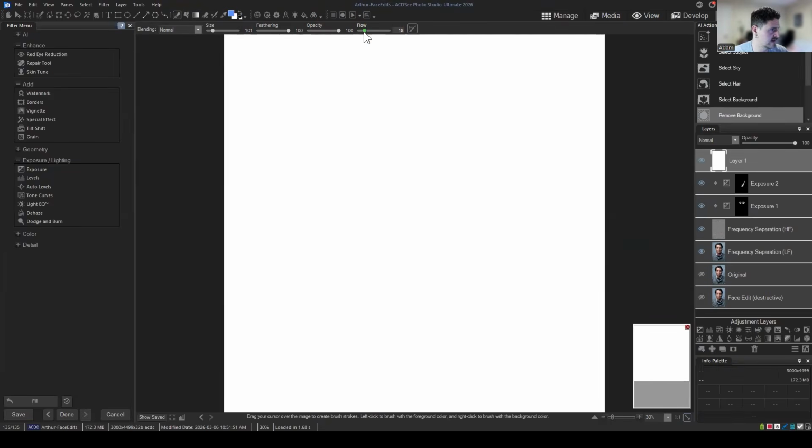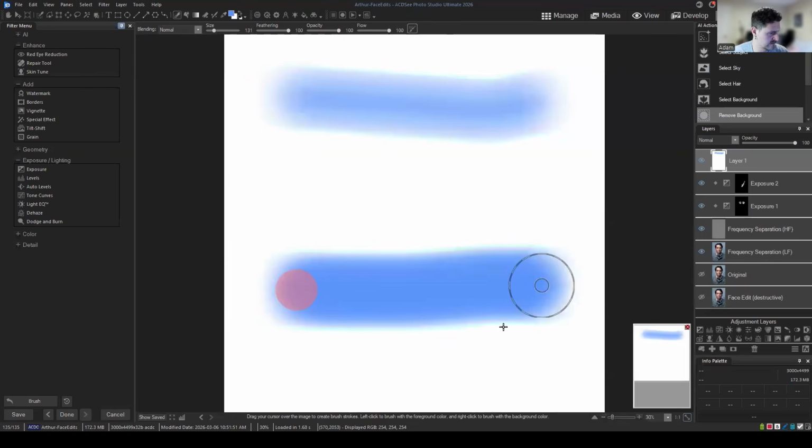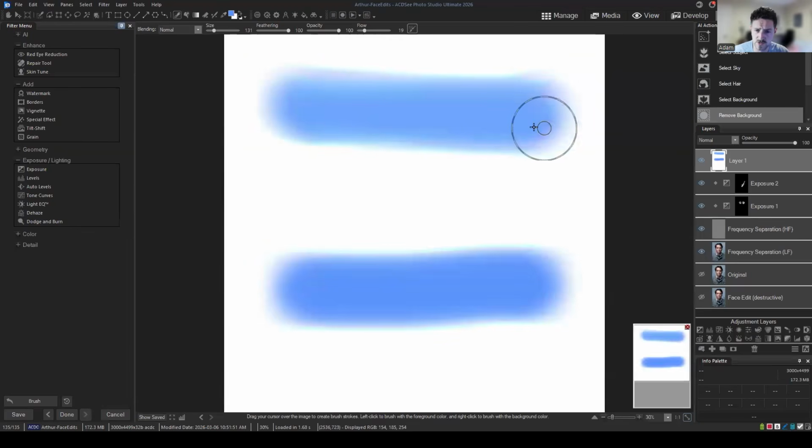If I set it somewhat low, about 20, this, as you can see, is fainter than when I apply this effect with the full flow. So I guess the point is that if we have this lowered flow here, then several brushstrokes allow me to accumulate a greater degree of effect over this, in a similar way to what I was describing with a